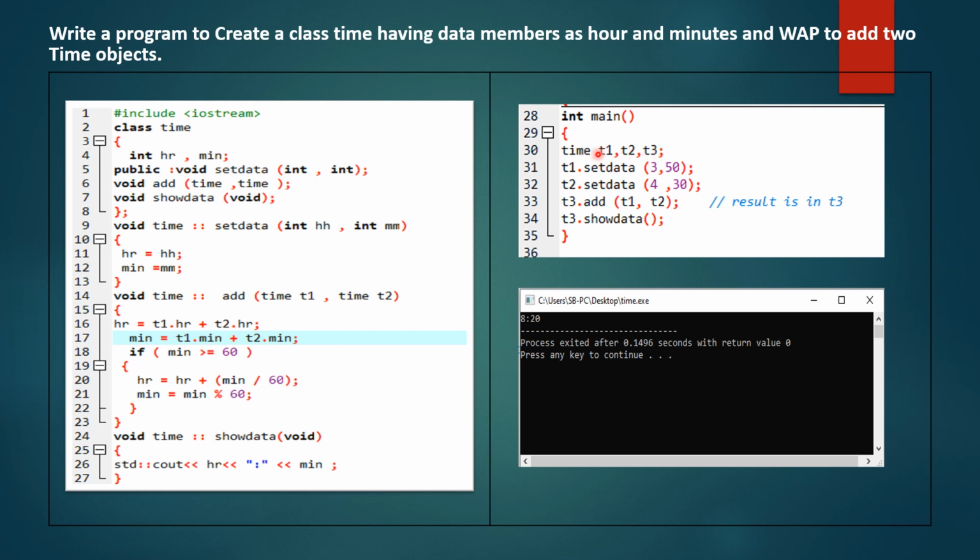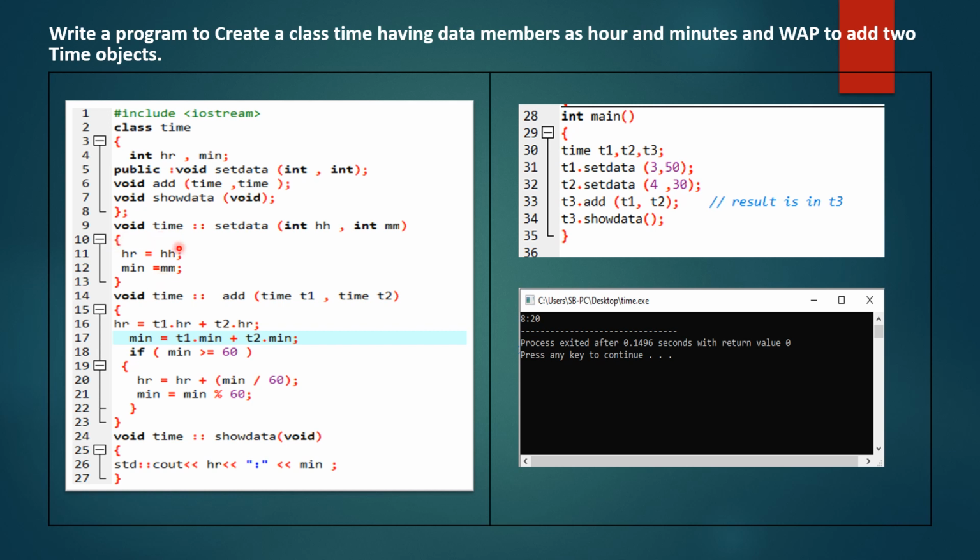But in int main you are creating the object for that particular class, right? So you have to declare the class as an argument. Okay, then void show data, and this class is from line number 3 to line number 8, where the class gets terminated. Outside, we will write the member functions one by one. So for set data, first we will write the code.